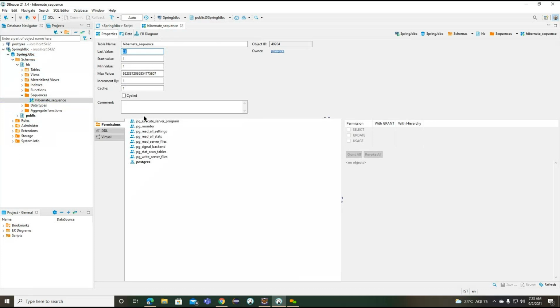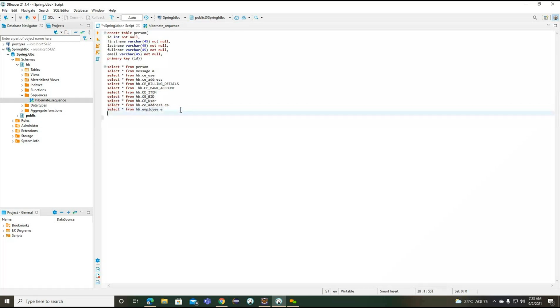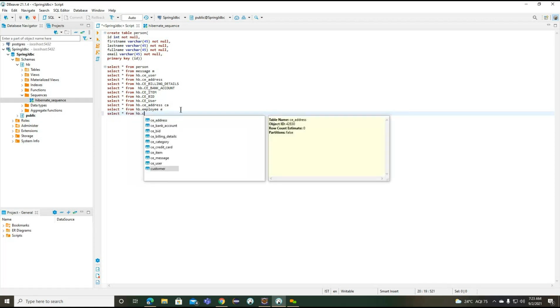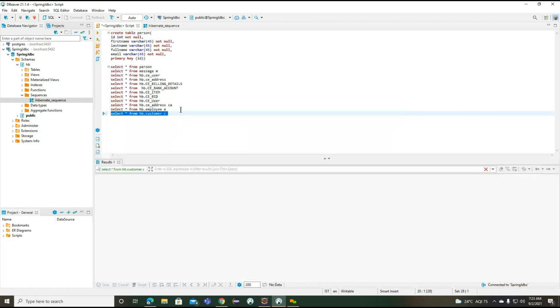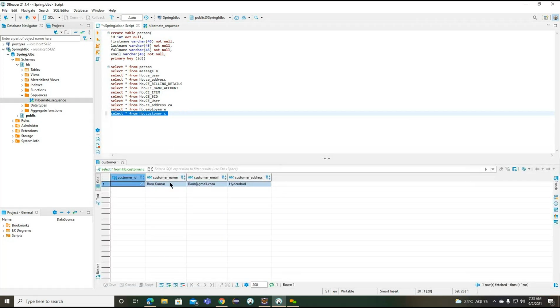Currently, the last one we are having is 23. It's increasing one by one, up to 23 we reached here. With the same 23, one record is inserted in the customer table. Select star from HB dot customer here. Now you can see 23 Ram Kumar, ram@gmail, Hyderabad.